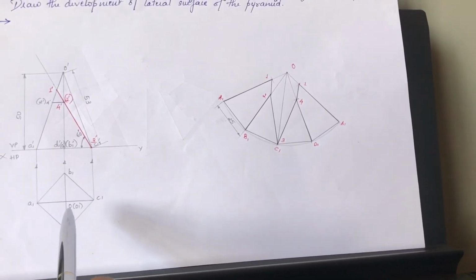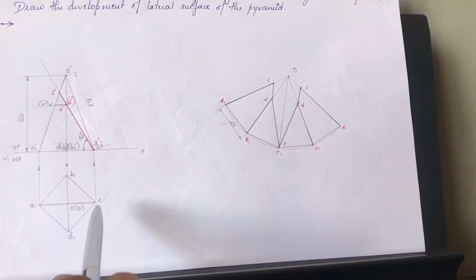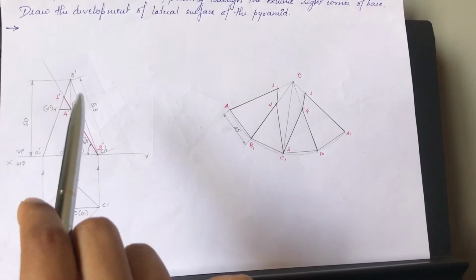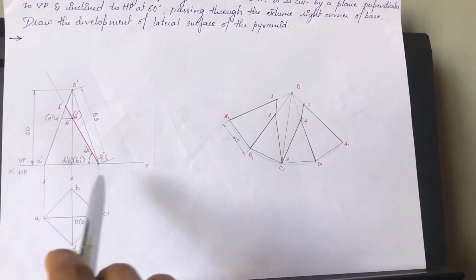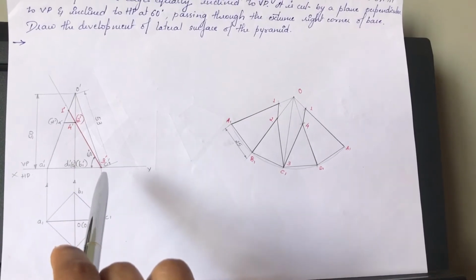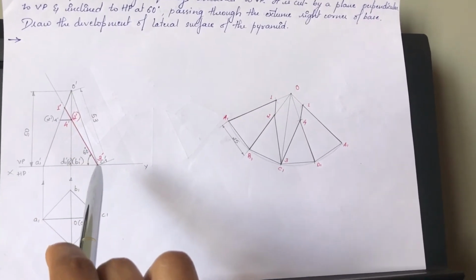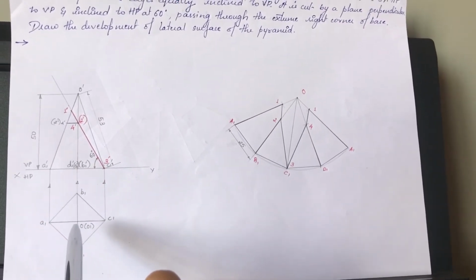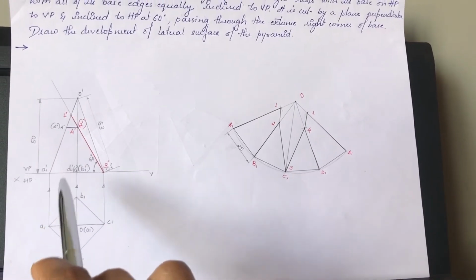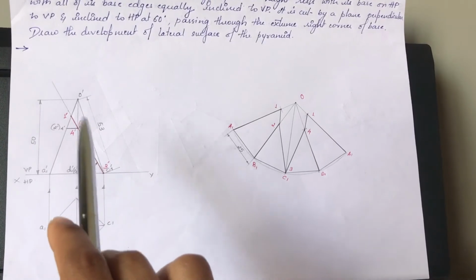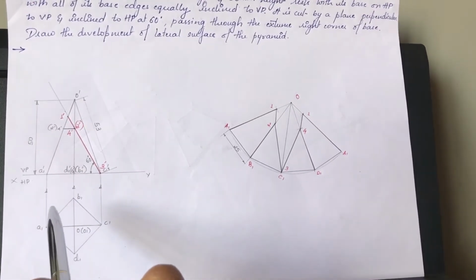So here I will consider OC1. If I see OC1 dash, O dash C1 dash, OC is parallel to the XY line, therefore O dash C1 dash is in its true dimensions. Likewise, you have it also for OA1 dash. You either consider this edge or this edge, that is, you either take this side or you can take this side. Both the lengths will be the same because they are in their true form.